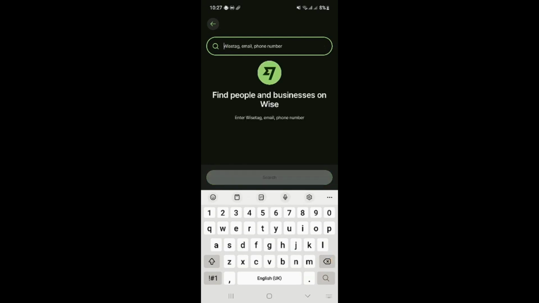If nothing shows up, it may mean the person hasn't set up their Wise account fully or isn't discoverable by that detail. In that case, ask them for their Wise tag, which is a reliable way to find them without sharing bank information. Once you've selected the correct recipient, Wise will display a summary of the transfer, including the amount,